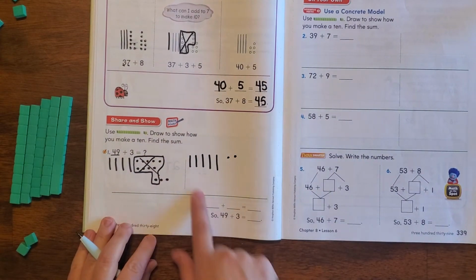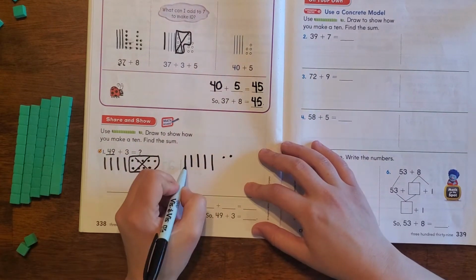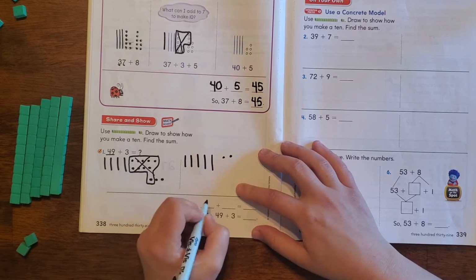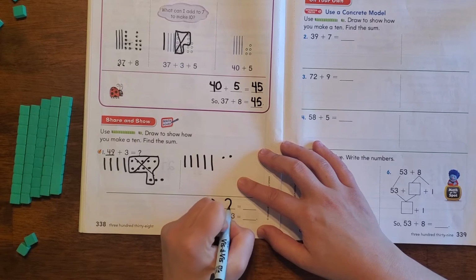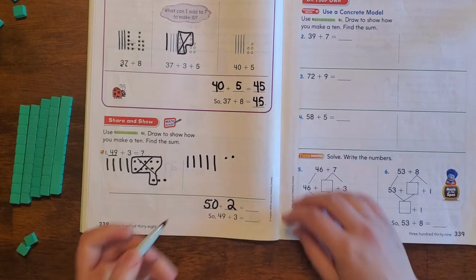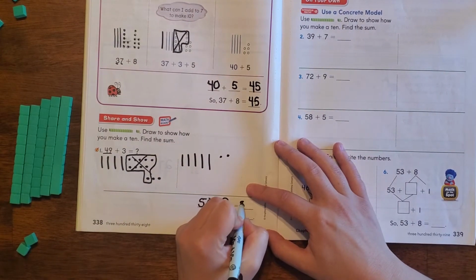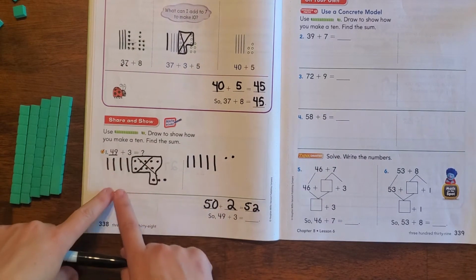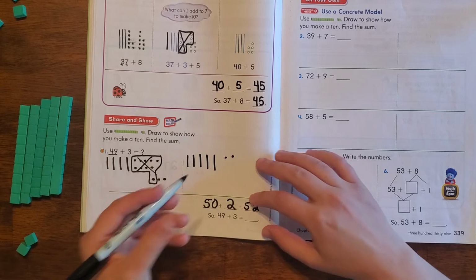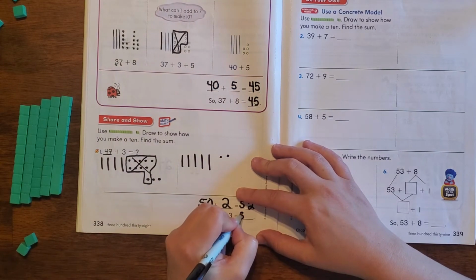So we've made 1 addition sentence. 10, 20, 30, 40, 50. We have 50 plus 2 more is going to be the number 52, which is the same as our 49 plus 3 more is 52. Okay,